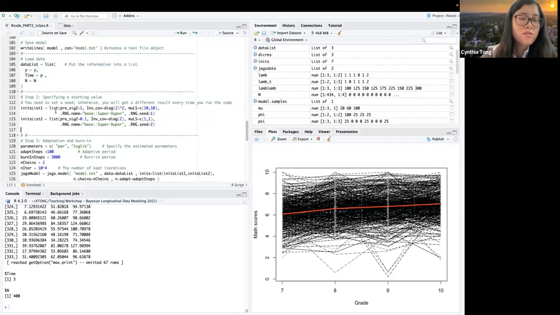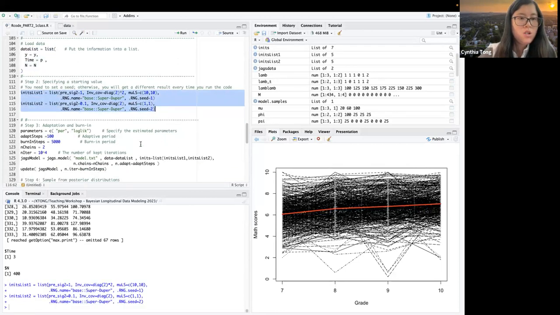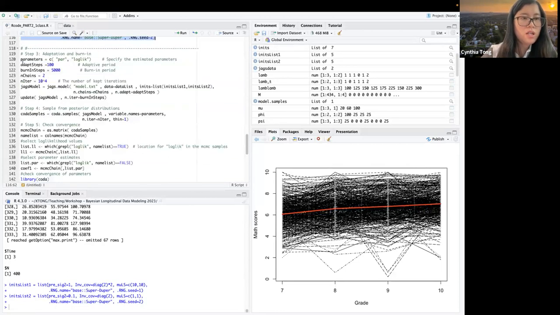And we can specify our starting values, and I just gave you more options here. Previously in the growth curve model, we used 1 chain, and here I have 2 chains, and then we can specify 2 sets of initial values. Okay, and then we put in our parameters.